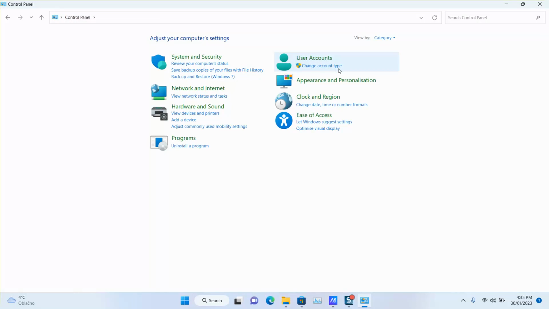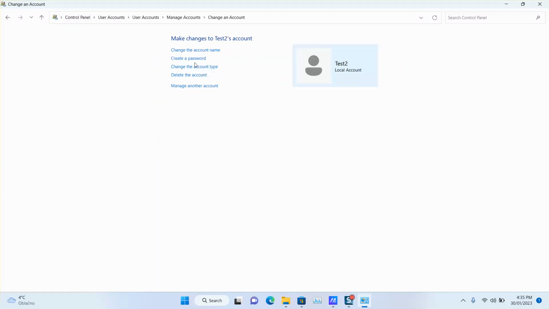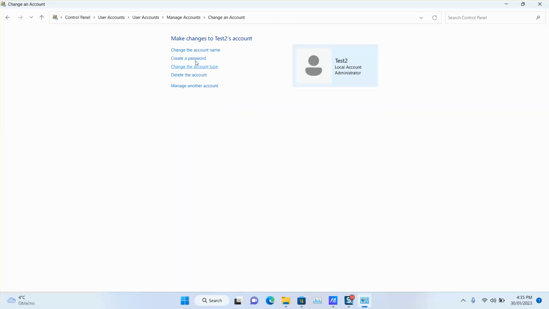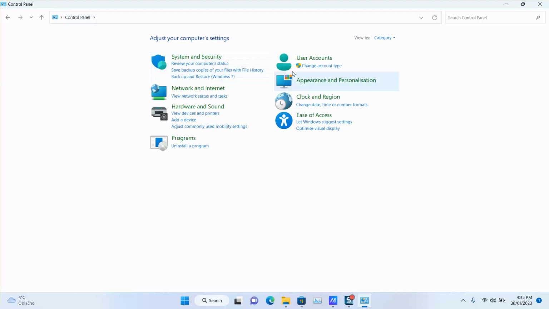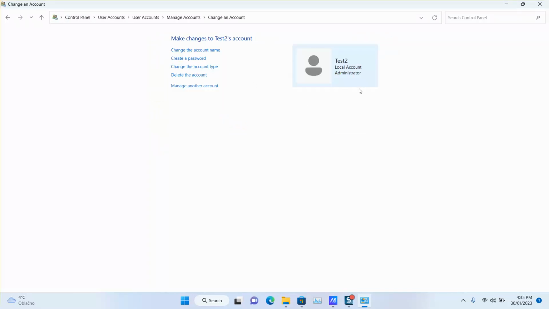and we will go back again to change account type. We will locate the account and change the account type, and we'll change it to administrator and change account type. Again, we go back to control panel, change account type just to check, and the test account is now an